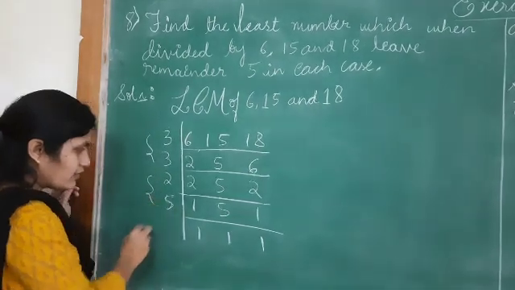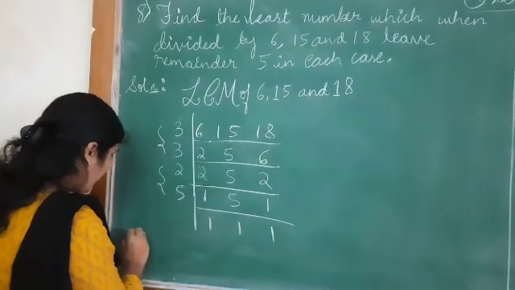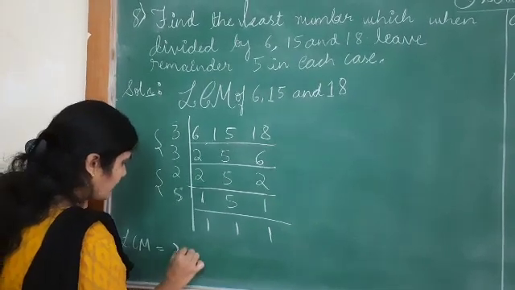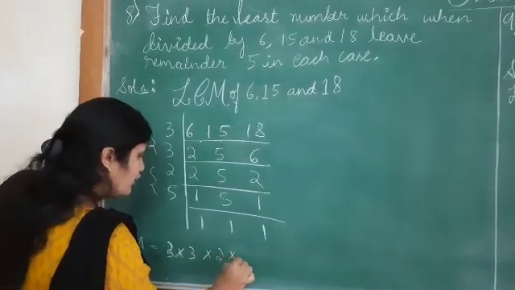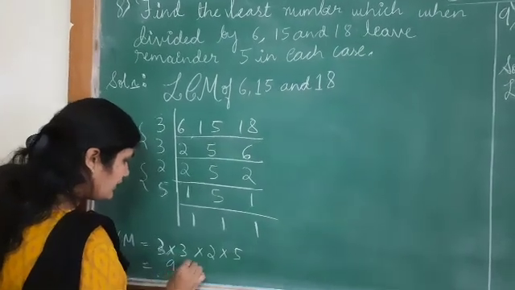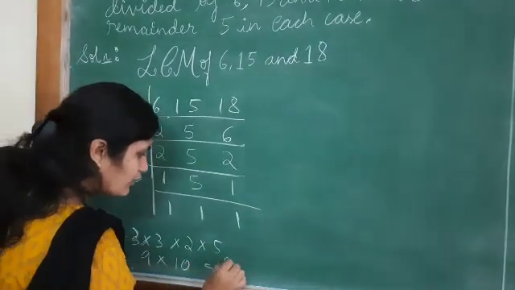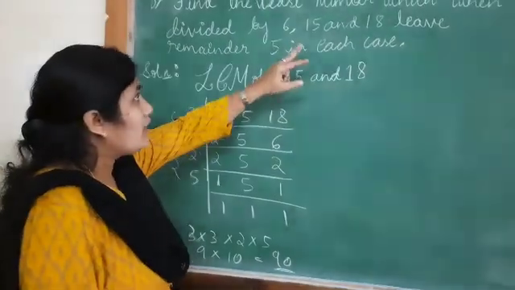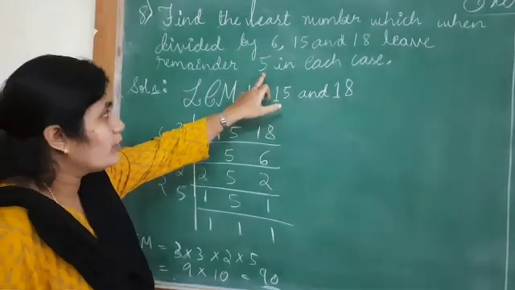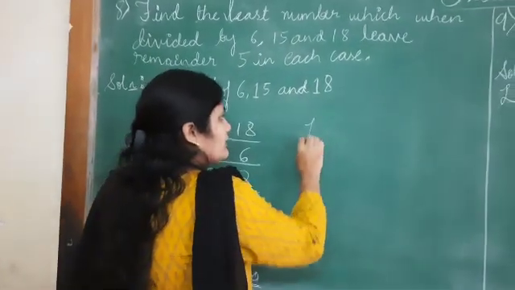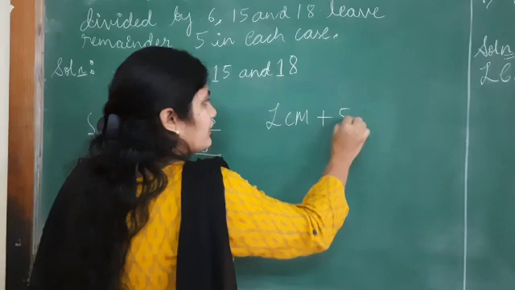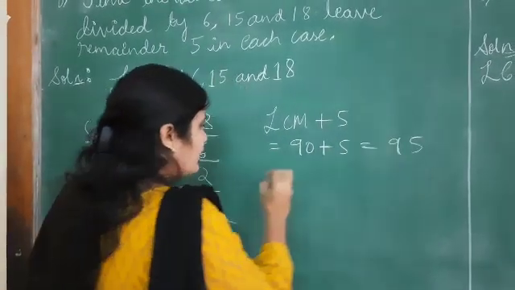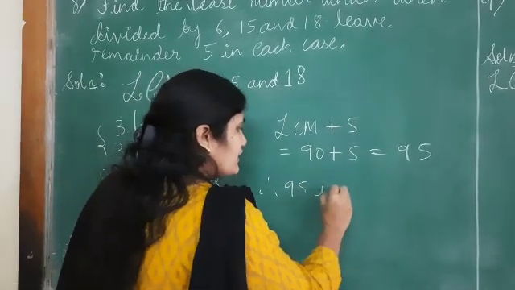Now let me multiply the factors. LCM is equal to 3 into 3 into 2 into 5. 3 3s are 9, into 2 5s are 10, gives you 90. So the LCM is 90. And here the remainder asked is 5. That means LCM plus 5, that is 90 plus 5 is equal to 95. Therefore 95 is the number